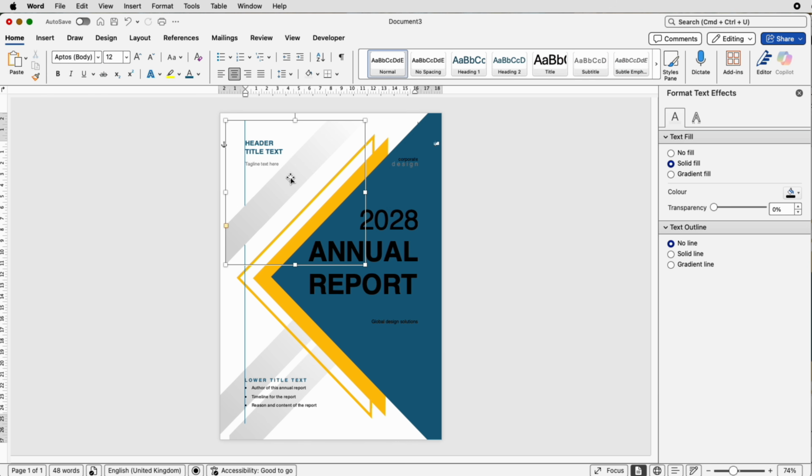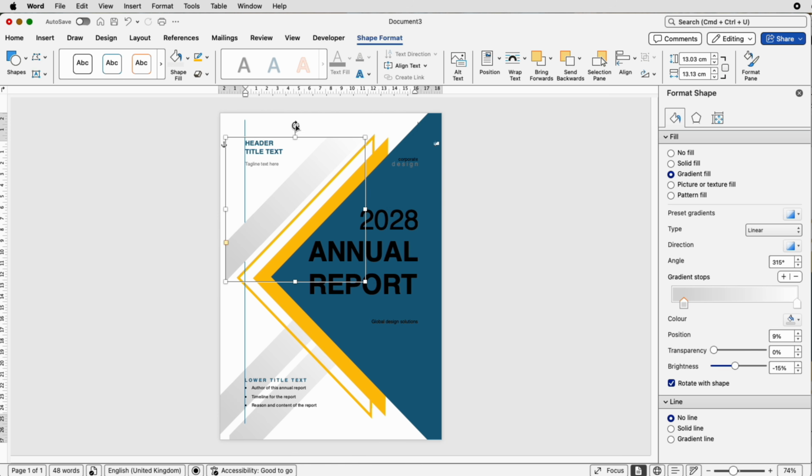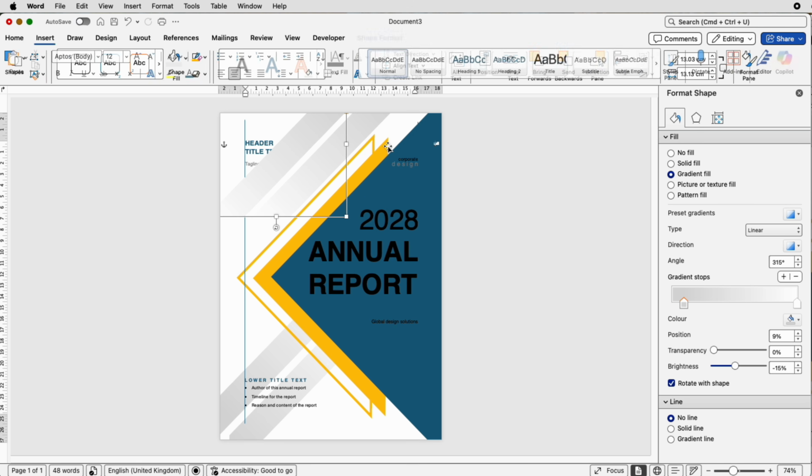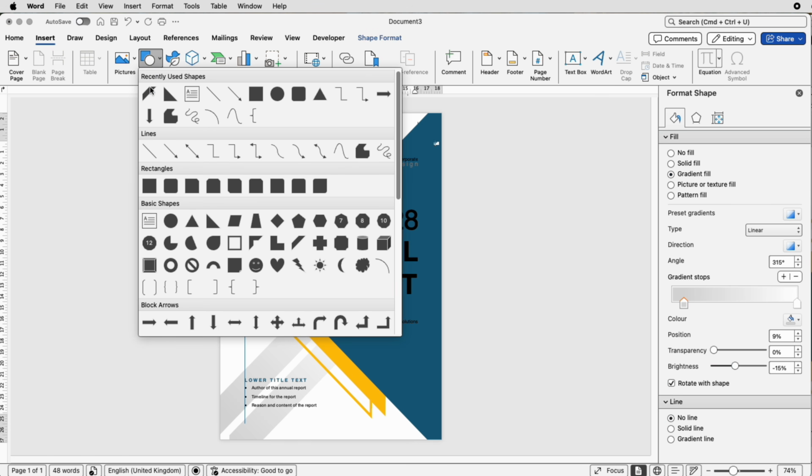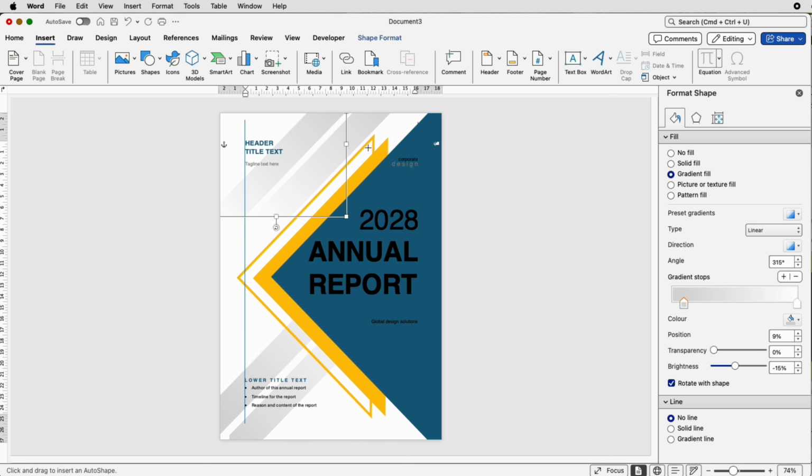deselect them both, reselect one, hold down the Alt or Option key to copy it, select this one, use the rotation tool to just turn it around, again making sure it lines up to the top here, again copy and paste across and deselect this one as well, send backwards, send to back,